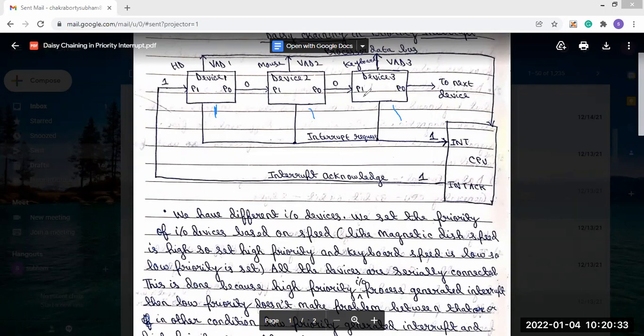So when all of the devices generate the interrupt, the interrupt acknowledgement will be consumed by the highest priority device, and it will send 0 to the other devices so that they can go to the inactive mode. So this is the process.